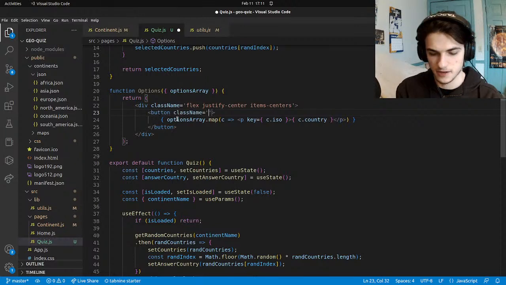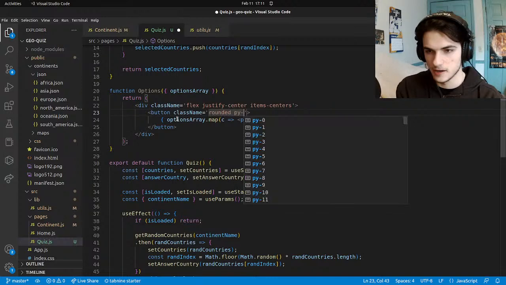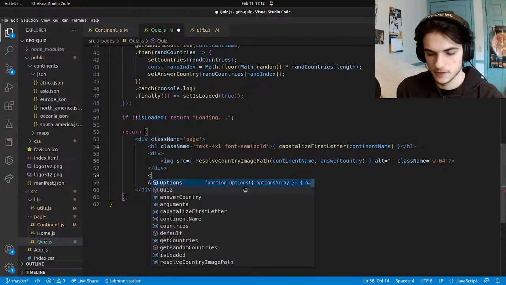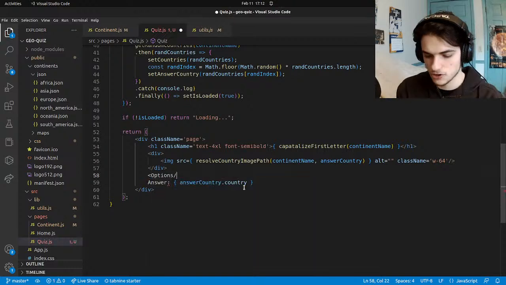Class name is equal to rounded. Padding Y, we'll do 2p, mapping the countries there. We will options, and we'll say